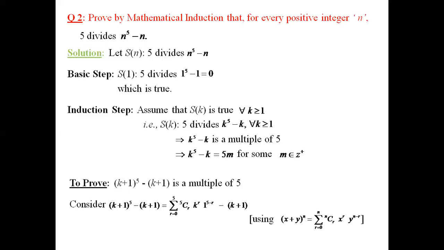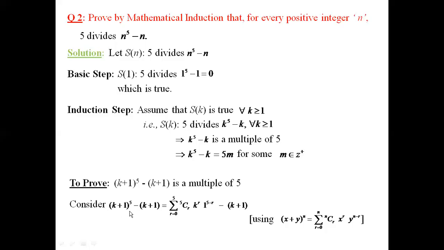using binomial expansion. So the binomial expansion in general is given by (x+y)^n is equal to summation r equal to 0 to n, nCr x power r y power n minus r. So taking n equal to φ, we will be able to get this expression. Minus of (k+1) we have written as it is.